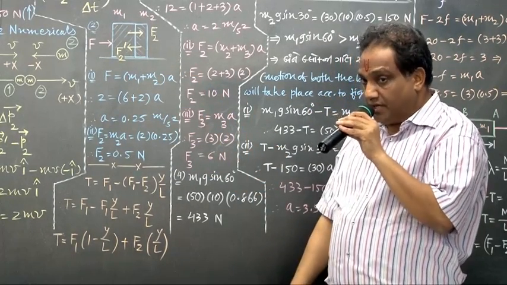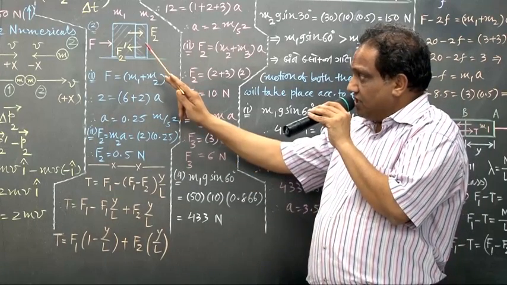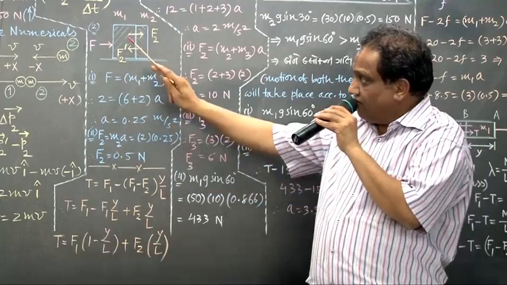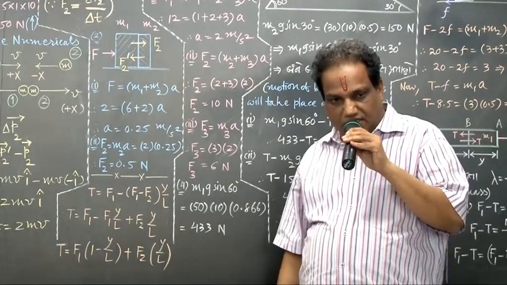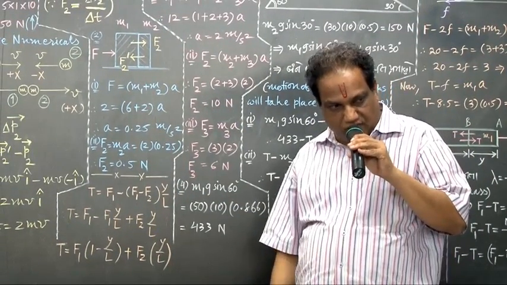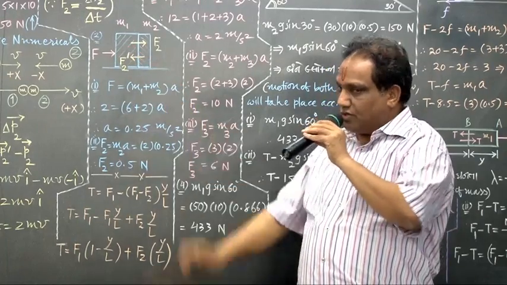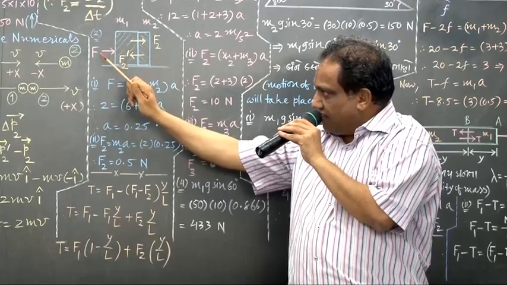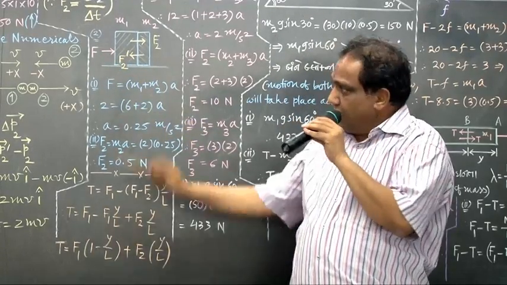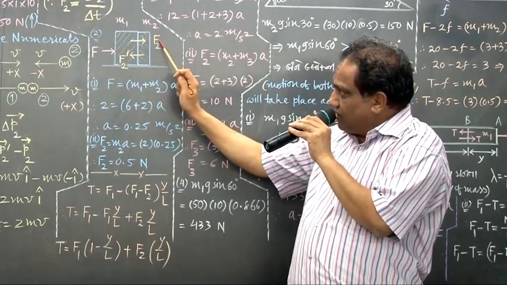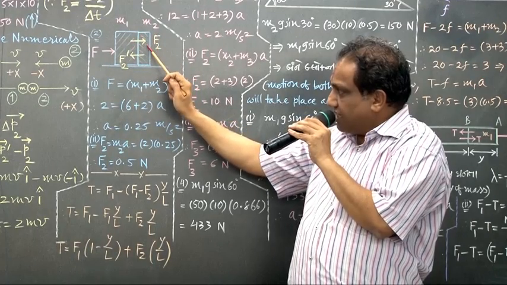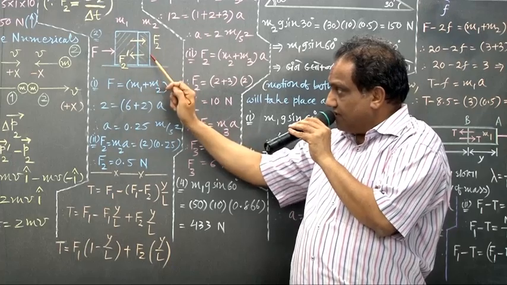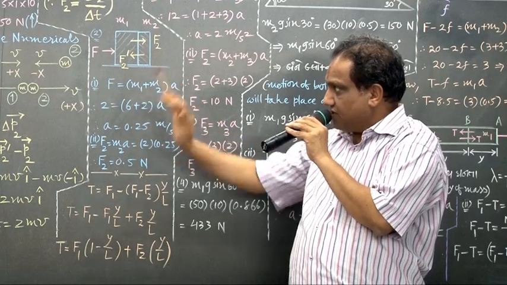In a school examination, they may ask: what is the resultant contact force exerted on the first block? On the first block, what is the force toward the right-hand side? F. Then this much force is exerted by the first on the second. Then the same force will be exerted by the second on the first. Let it be F2 dash.